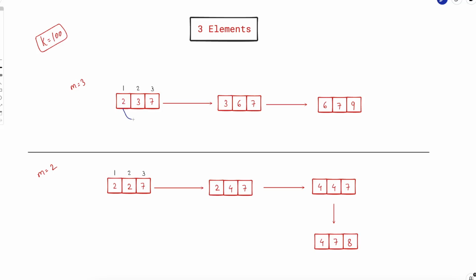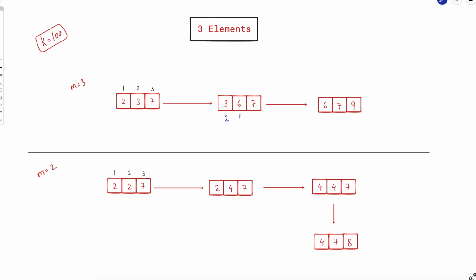So let's start with this array, and again this time if you see, if you apply the operation here, this would go somewhere here, like in between 3 and 7. So this will be the sorted array. For simplicity, I am now maintaining the sorted version of the array, because it would be otherwise difficult to observe things. But while returning the answer, you still need to return the answer in the original order, and for that